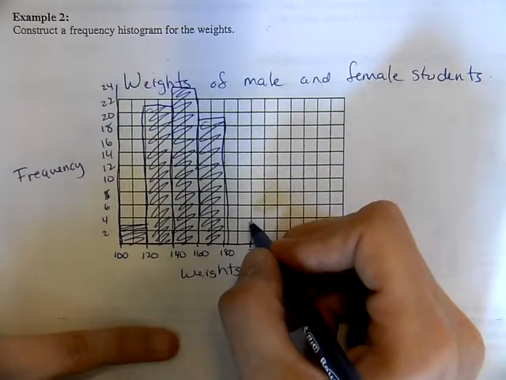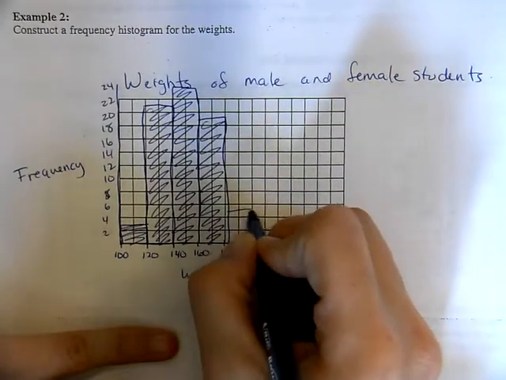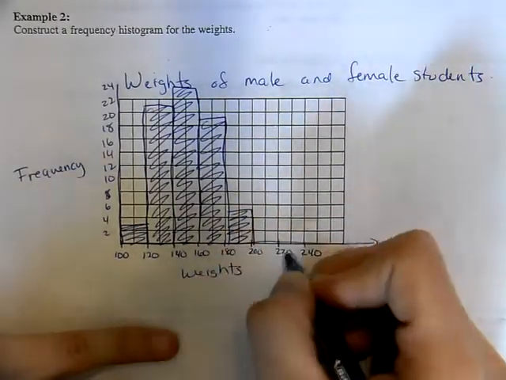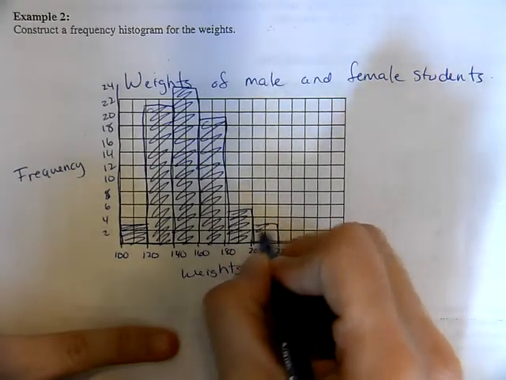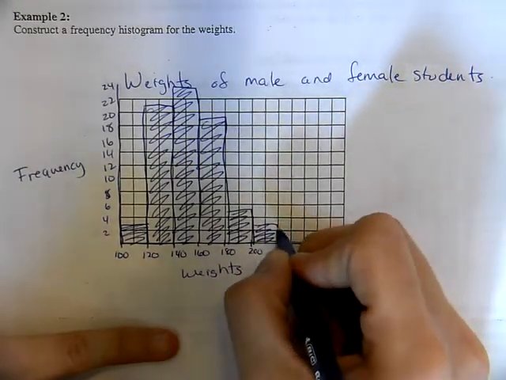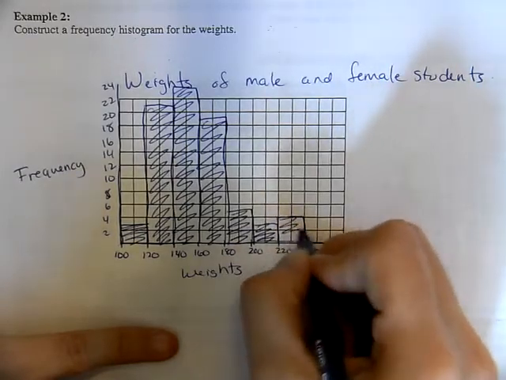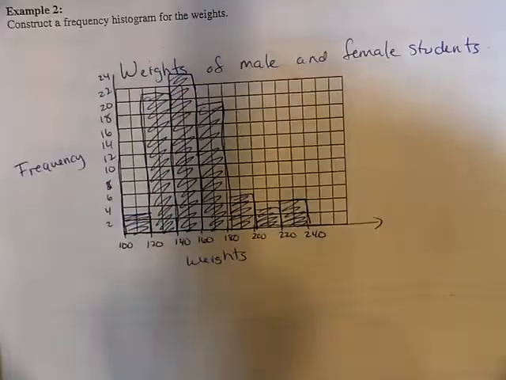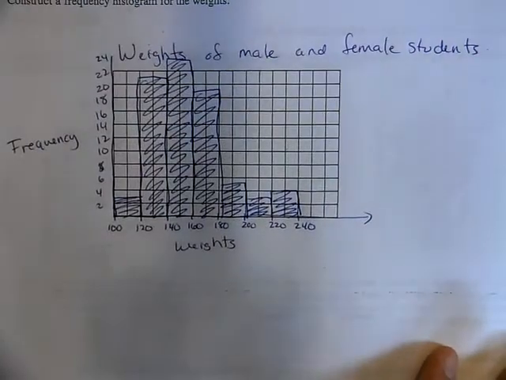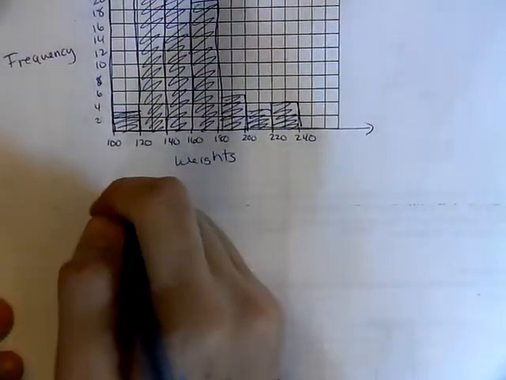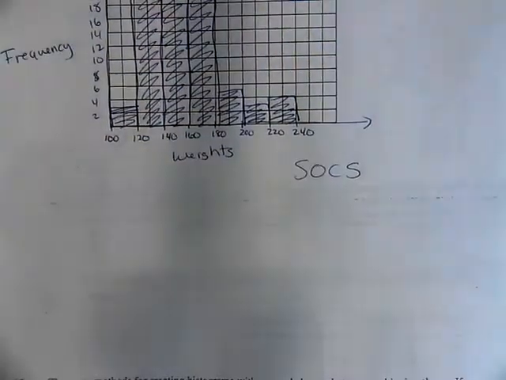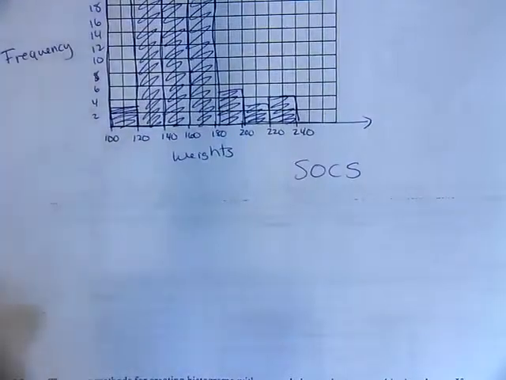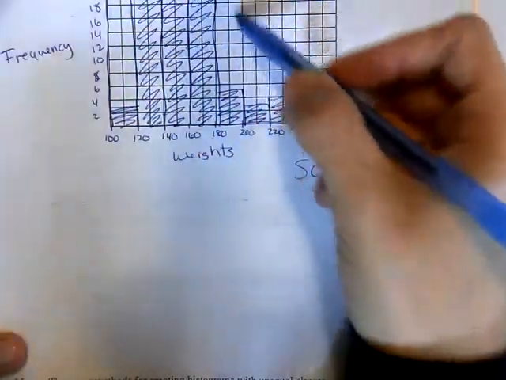$180 to 200 was 5. 200 to 220 was 3. And then 220 to 240 was 4. Okay, so that's what our histogram looks like. If we wanted to go through and do SOCS, just so you can see a review of yesterday, I would say this is